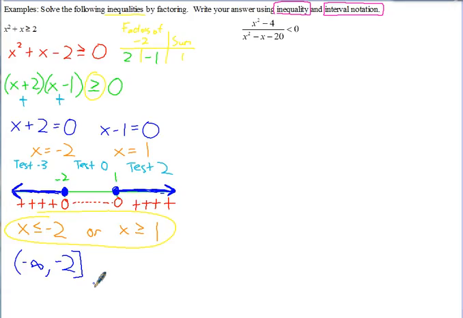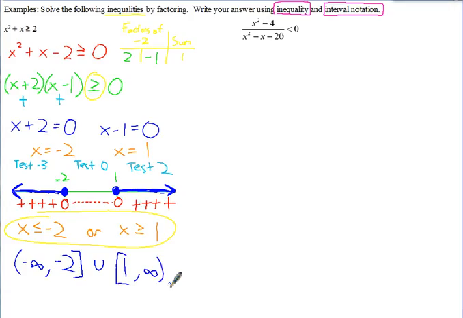And then the other interval we have, we can put a little union because we're joining all these intervals together here. That's the symbol for union. So that's where our solution is, as well as over here, 1 is included. Again, going from lowest to highest, because of the equal to, 1 with a bracket is included. If it didn't have the equal to, we'd use parentheses on it. Comma, we go to the right forever, that takes us to positive